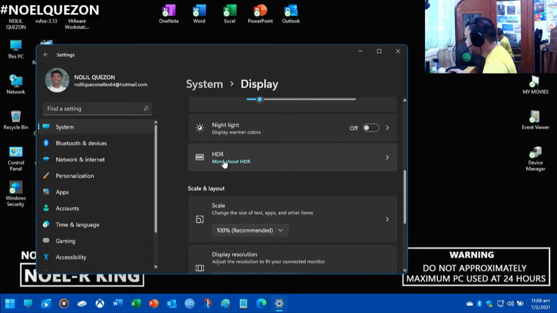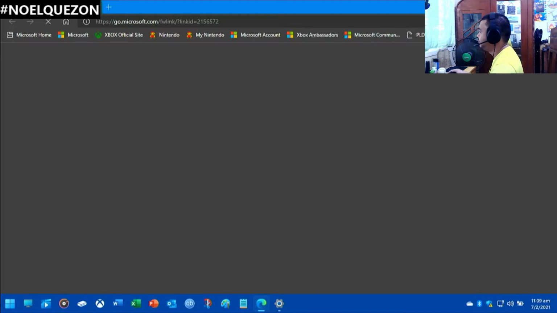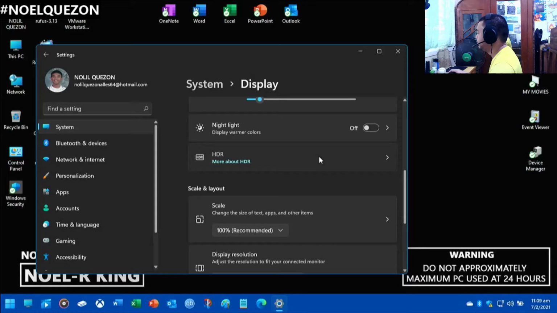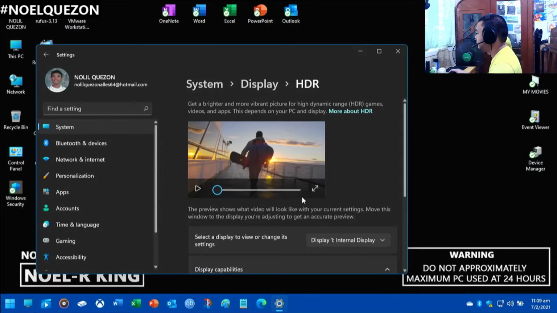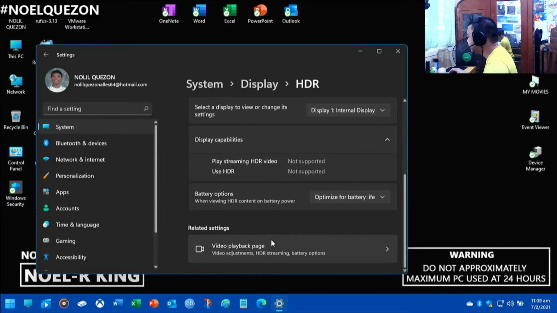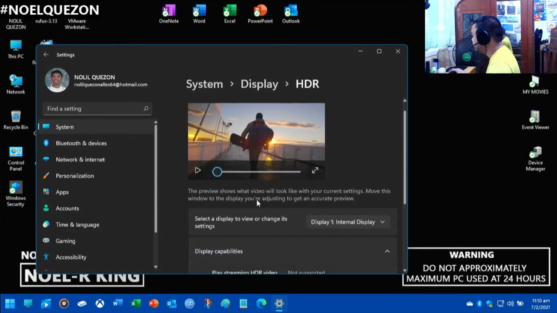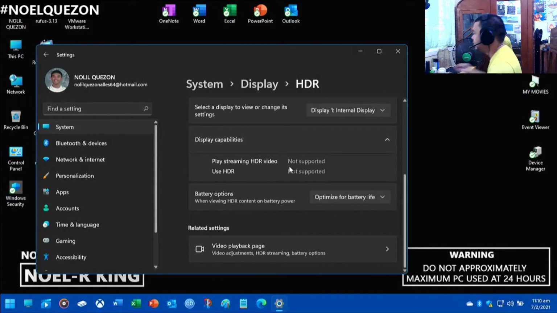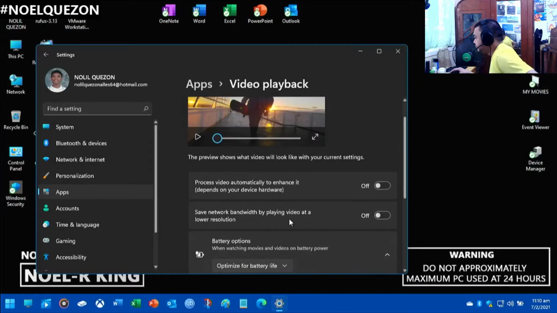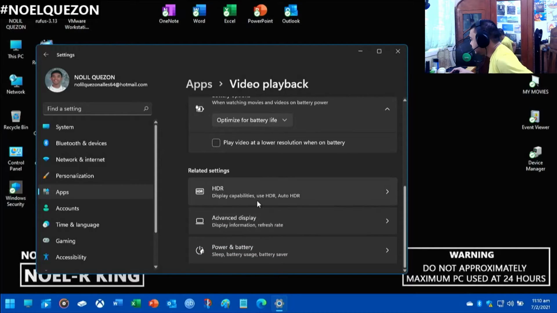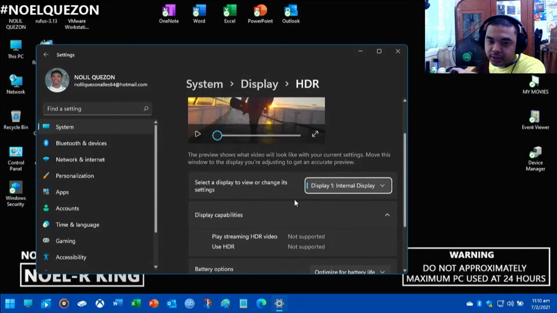Of course, the HDR is more about... yeah, learn about HDR. Auto HDR, something, it's not supported. I'm using the laptop's integrated graphics, and as you can see, there's auto HDR. I suppose the auto HDR